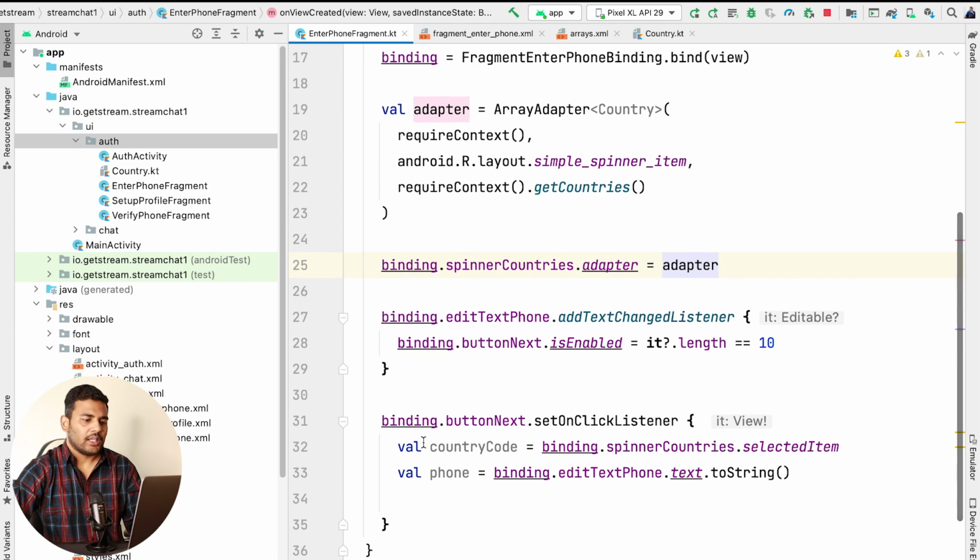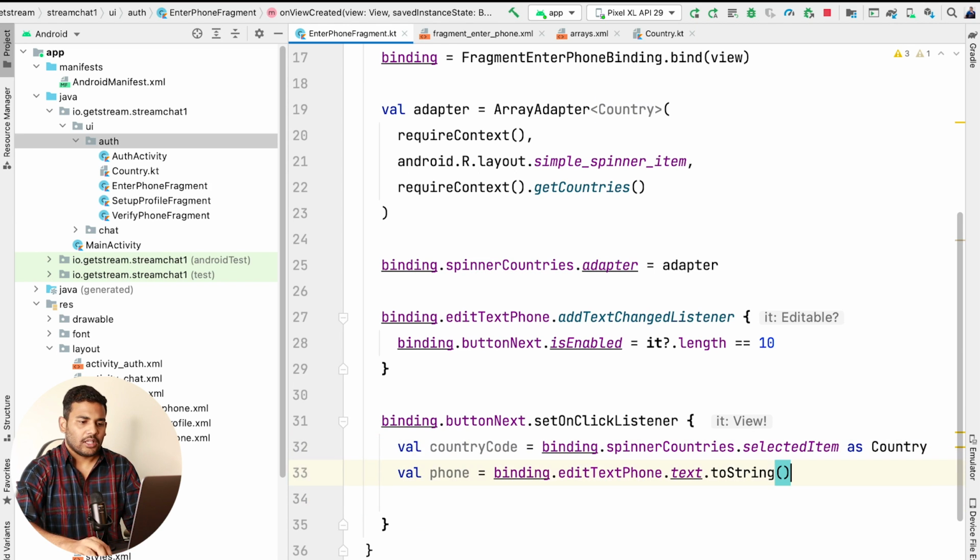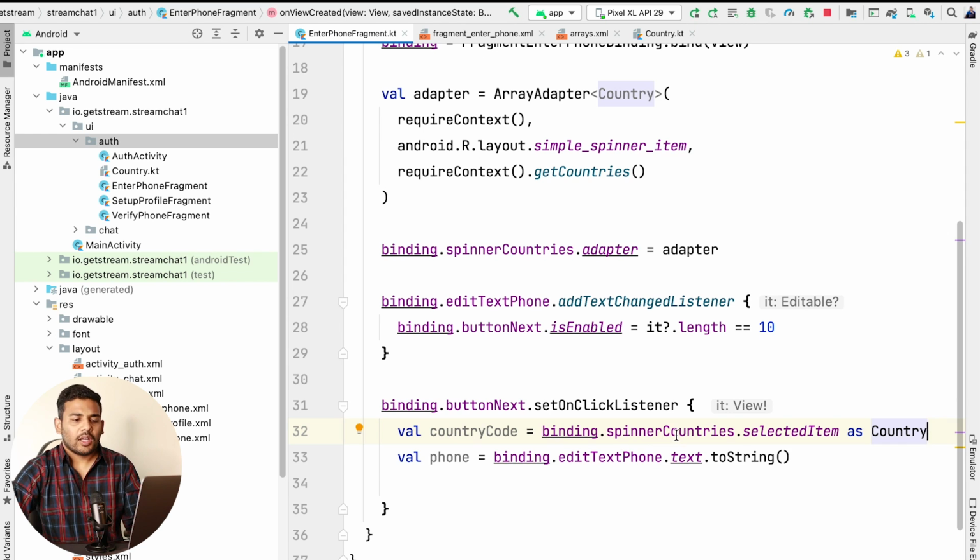That's it. Now here when the button is clicked we will get the selected item and we will convert it as country, like this. Now we also have the phone code. So now we have the selected country from the spinner.